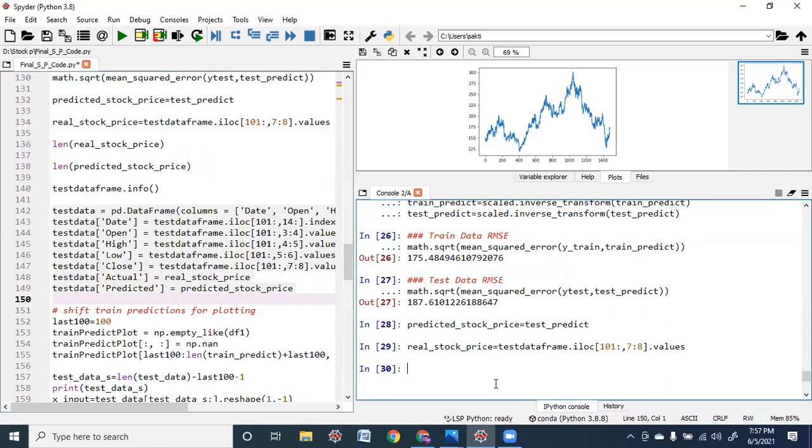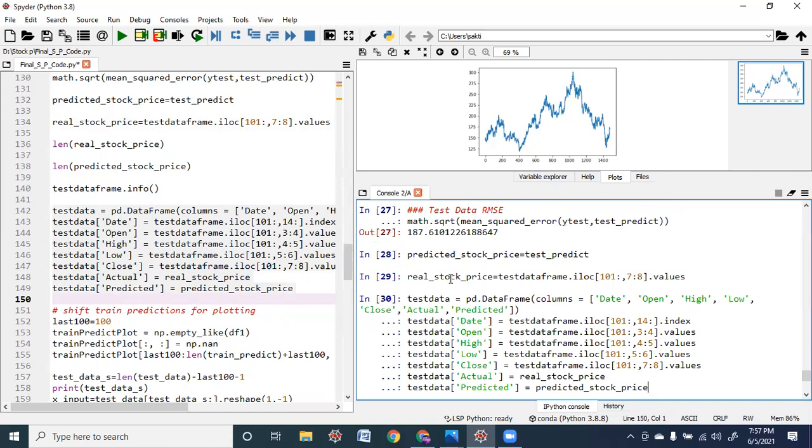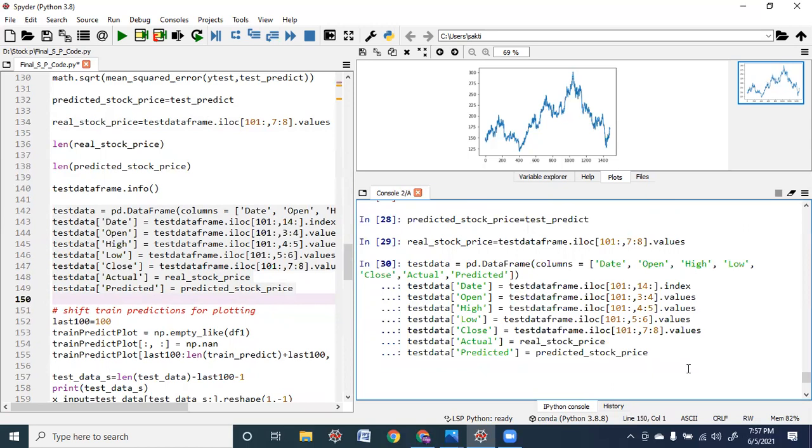Having found this, now let us create the test data frame with the two new columns, actual and predicted, where we have assigned predicted stock price and real stock price along with the old columns: date, open, high, low, close, actual. Why I am creating all these separate data frames is that I'll be showing you the related graph towards the end of this video.